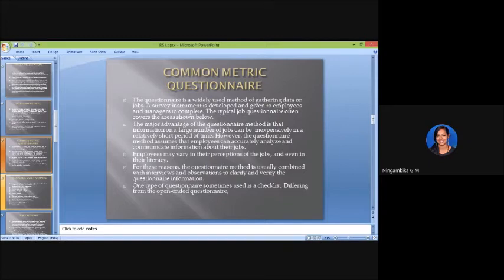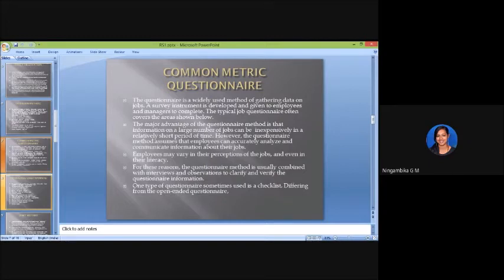The advantage of the questionnaire method is that information on a large number of jobs can be gathered inexpensively. They can gather as much information as they need with this type of method, because you can put in as many questions as required to analyze it. Whereas if an employee goes and asks another employee on the spot, it is difficult because time is precious and the cost is incurring. Instead, within a set of questionnaires, they can answer the questions.